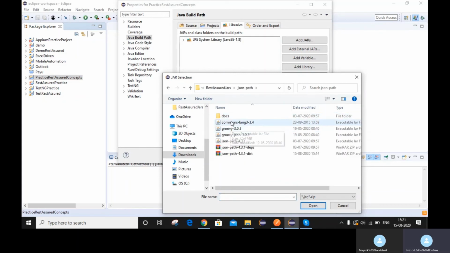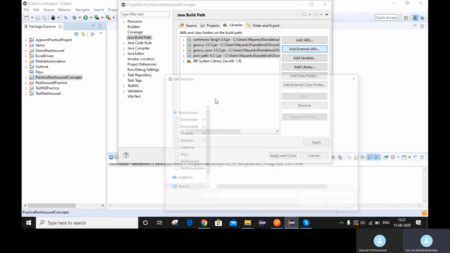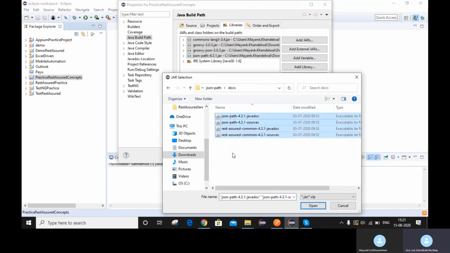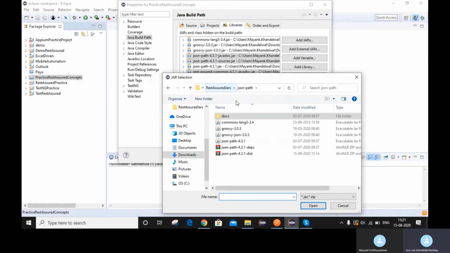Let's take one by one. Okay, these are now uploaded, and upload these jars also. So all jars are uploaded for this JSON path.